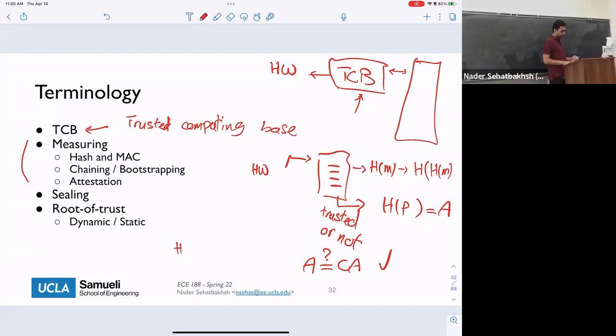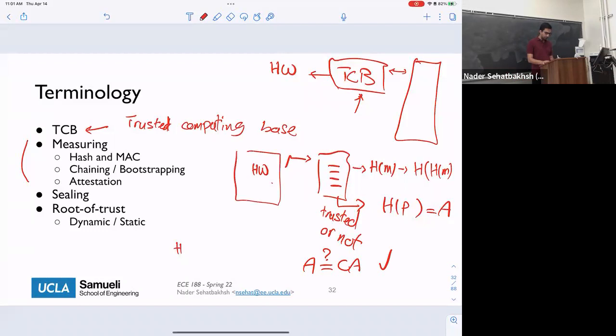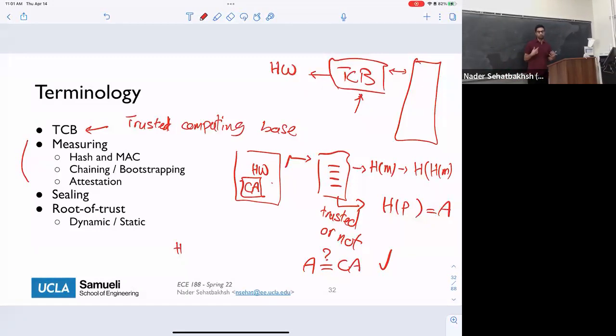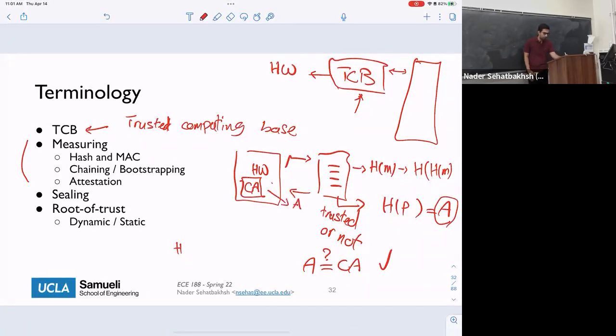Okay? So one more time, when we are doing measuring, this piece of hardware has this CA already, this correct A. What it does is go and compute the hash of this value one by one. How do we compute the hash? We discussed it, how we cascade multiple lines. So we go through that line by line. Eventually we get the final hash value, which we call A. Then we compare this A with this value that we have pre-stored. If these two match, it means that this software has not been modified. We can trust it, and then we can move on.